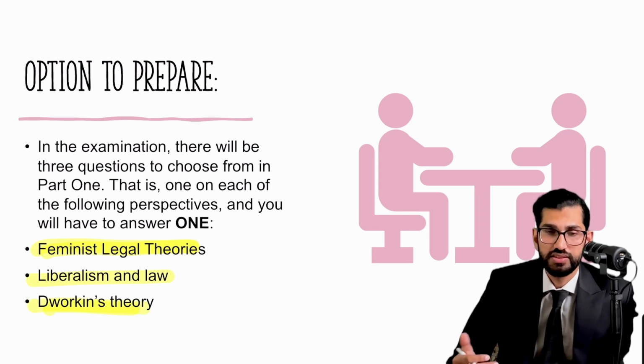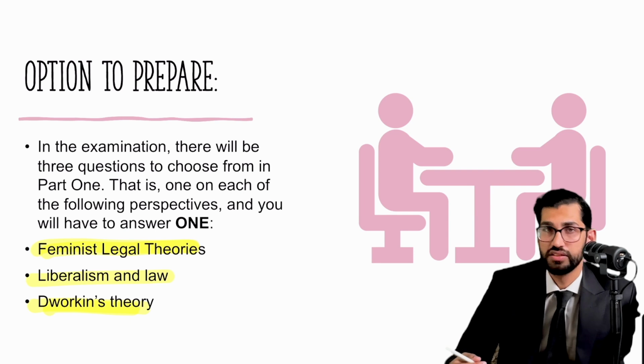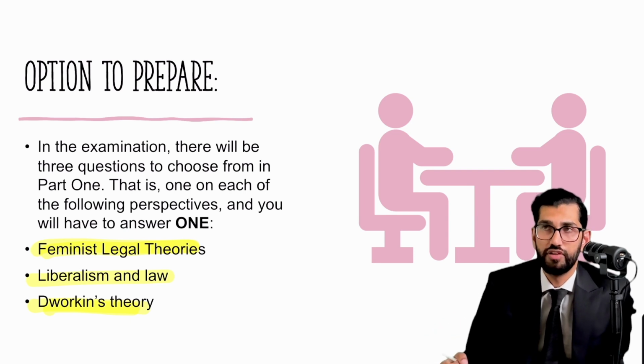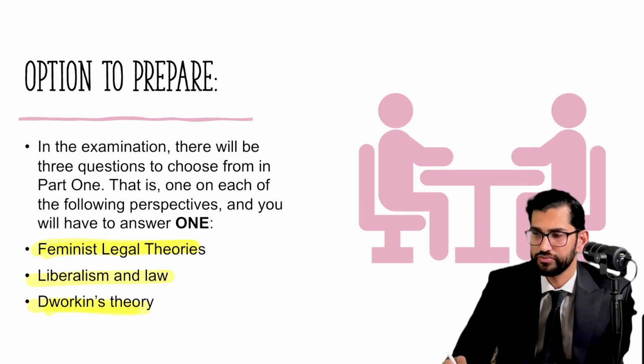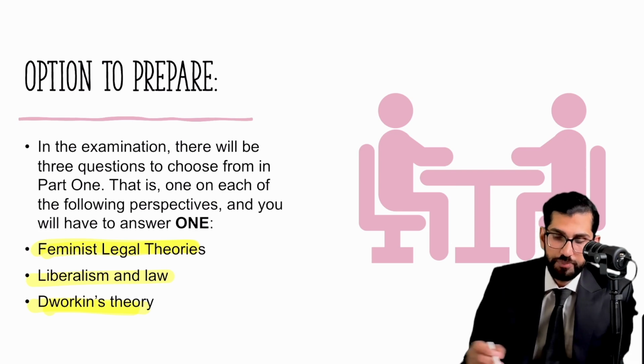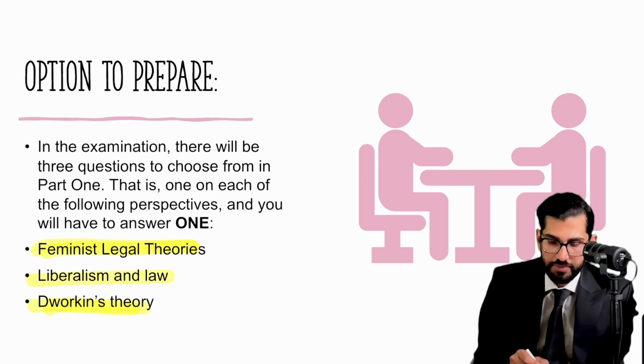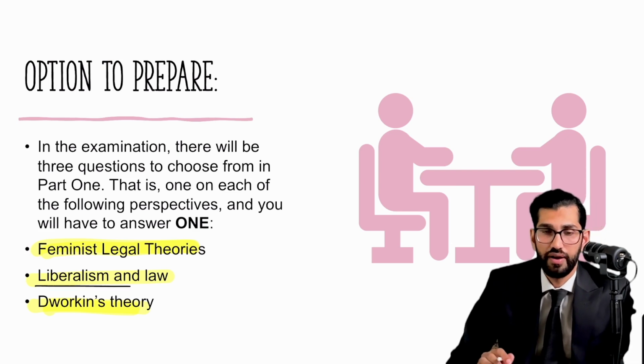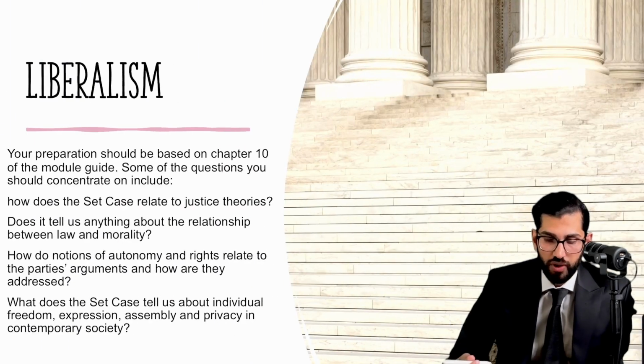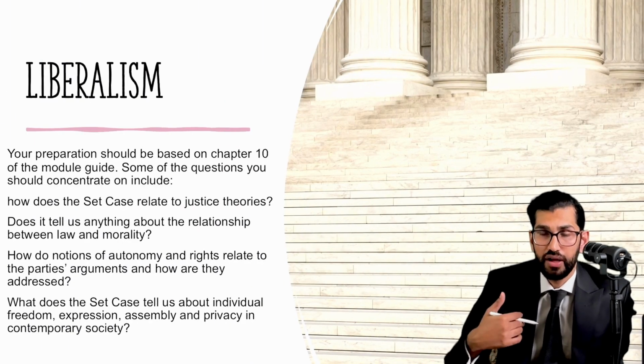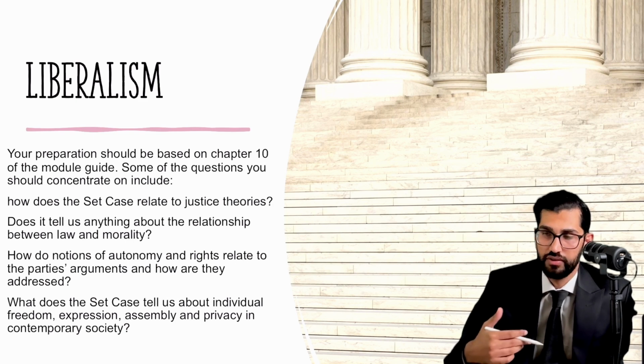Now, the examiner suggests that when you are picking up any one of these areas, you need to go and read that very area from the guidebook, where they would actually not explain that area in a lot of detail, but at least would provide you with effective reading lists that you need to consult in order to form your opinion about the judgment. So we're picking up liberalism and law, and I have good reasons as to why. So why liberalism? Why am I picking up liberalism for the year 2024?